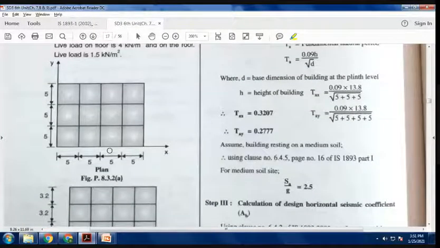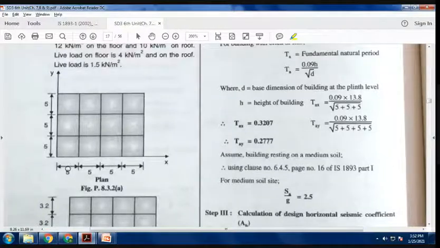While explaining the codebook, I said that there are some irregularities: shape irregularities, load irregularities. So this is a regular one. It is a perfect square. Here you can see 5 meter, 5 meter, 5 meter, and in the y-axis there are 3 bays. This is 1 bay, 2 bay, 3 bay, 4 bays.